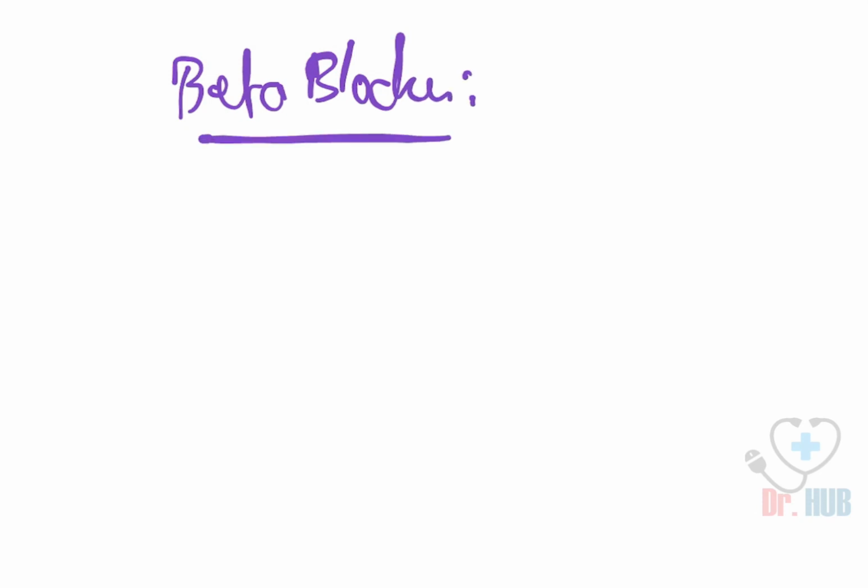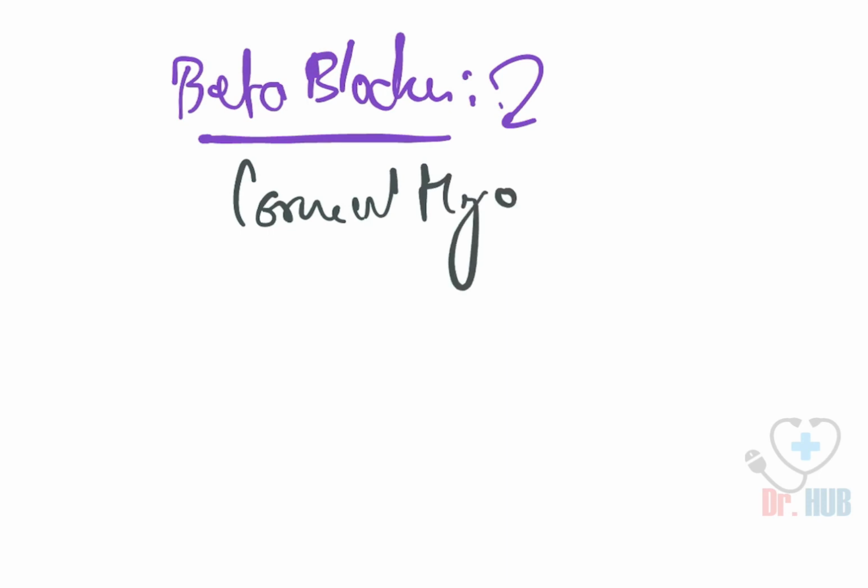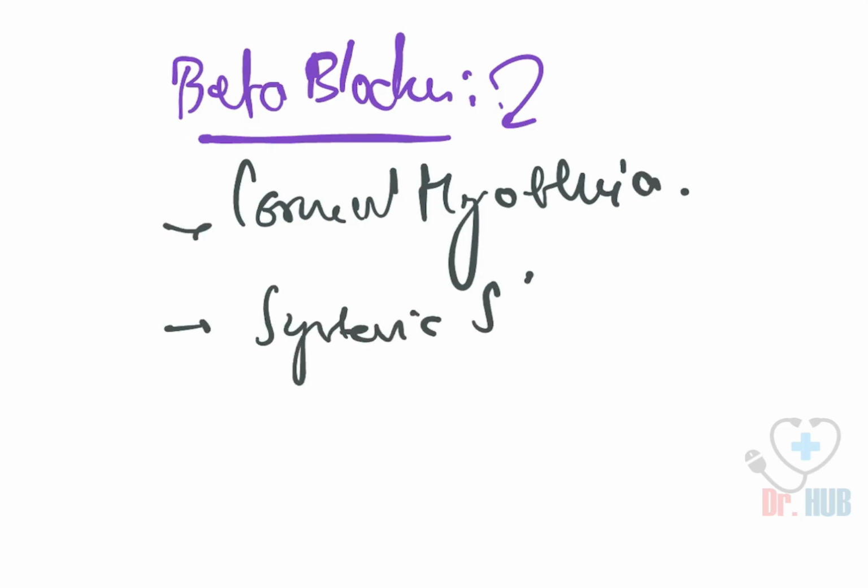So to start with the anti-glaucoma drugs, firstly we look at the beta blockers. In case of the beta blockers, the adverse effects include corneal hypoesthesia. Next, it can also lead to systemic side effects. Then we look at the